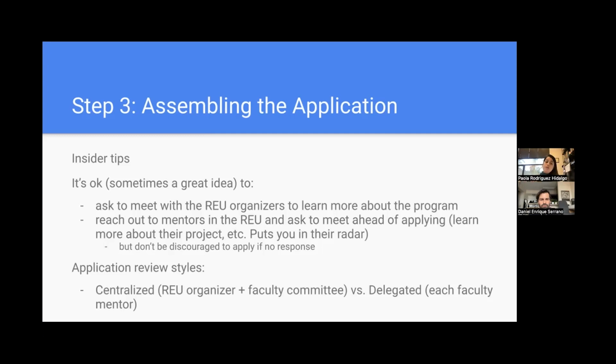You can also reach out to particular mentors if there is one particular project you're very interested in ahead of applying. So that way you can learn more about the project and the specifics that are going to be required of you, again, to find that perfect fit. And also that way you put yourself on their radar and they start knowing your name. And then when we review applications, they already know, this person actually wanted to meet with me, has a very particular interest in working together.